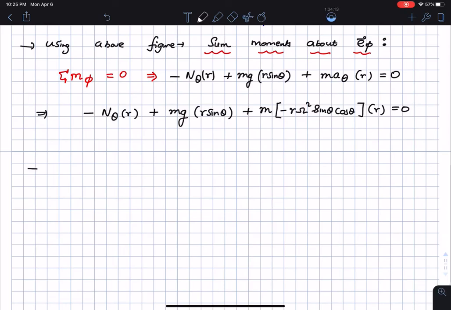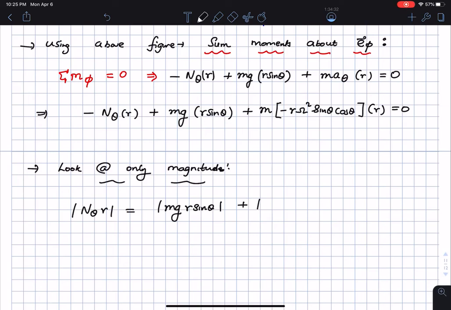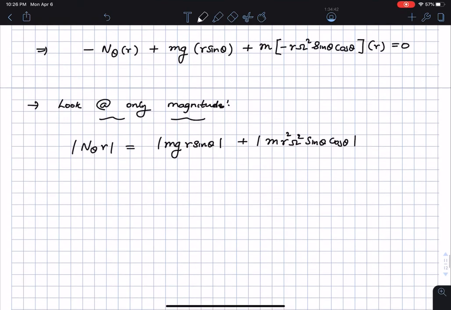So look at only magnitudes. I'm going to say that the magnitude of n times r is equal to the magnitude of mg times r sine theta plus the magnitude of m r omega square sine theta cos theta times r, so this is going to be m r square. Now compare this